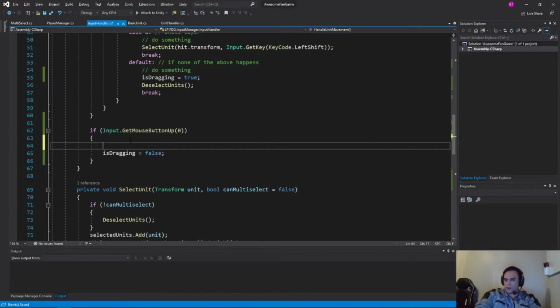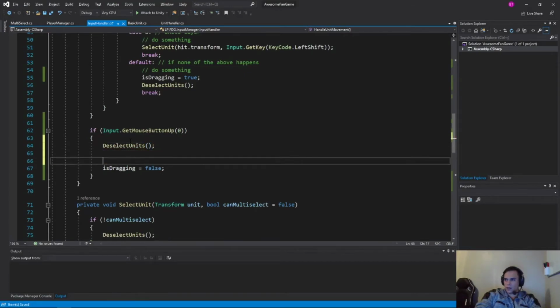We want to first deselect our units. Okay. And then we're going to write a for each statement. For each is similar to a for statement, but it's just a little bit different, okay? So we can compare different values. So we're going to say for each transform child, okay, so we're going to check how many children are in, and actually we're going to need to set